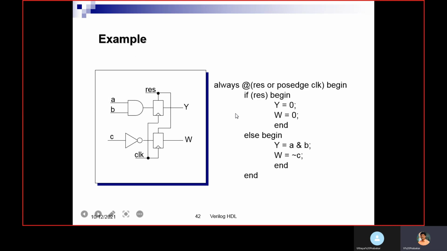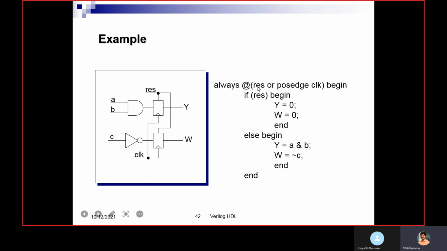So we are implementing this with always @ reset or passage of clock, in this begin. Here I told reset is independent of clock, that is asynchronous reset.